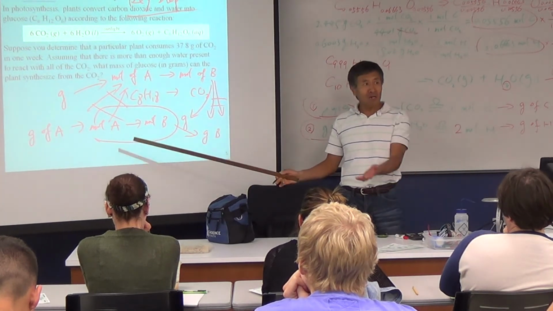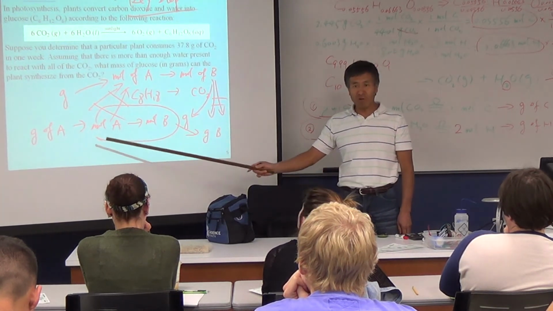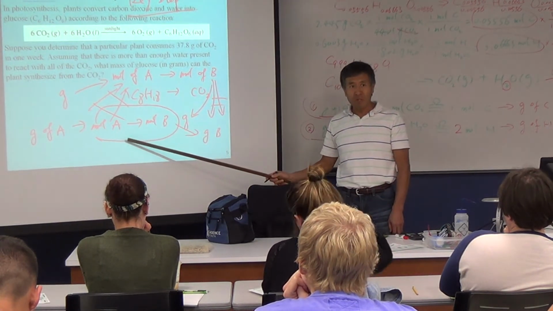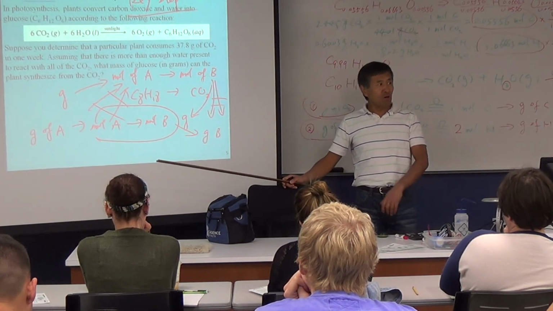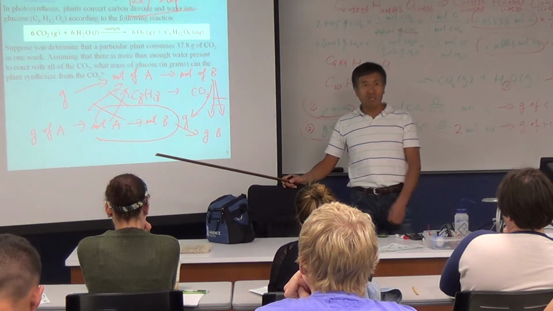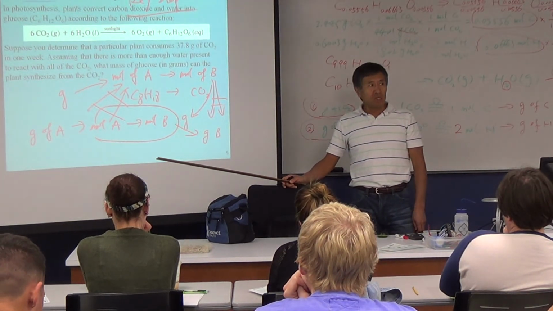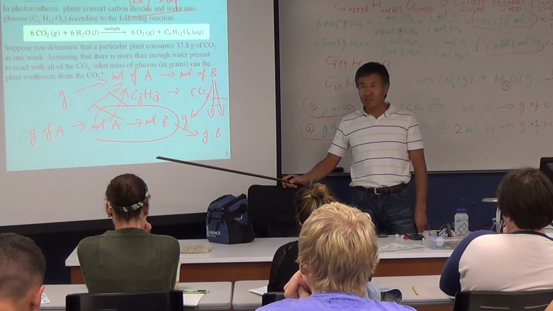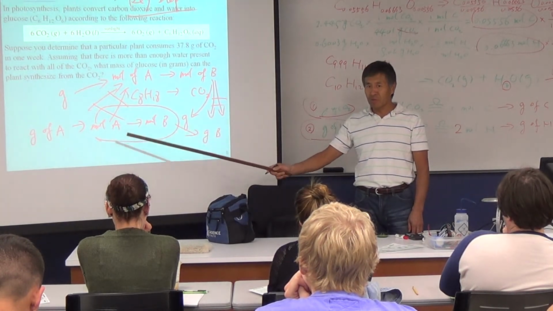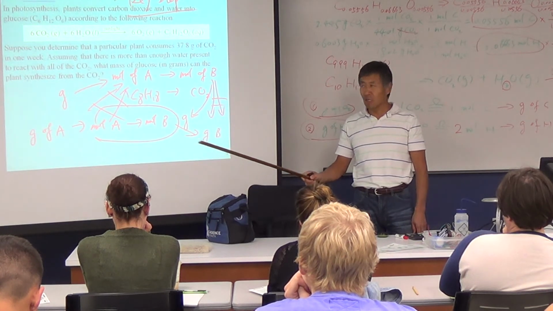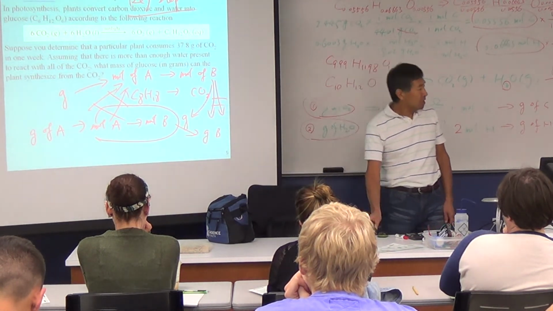Now here we're doing several different directions. So once you get moles of A, you can get moles of B. Once you get moles of B, you can calculate the grams of B, or volume of B, pressure of B, and so on. And obviously that makes sense because you want to know how many grams of something you can produce from how many grams of something. Okay? In this example,